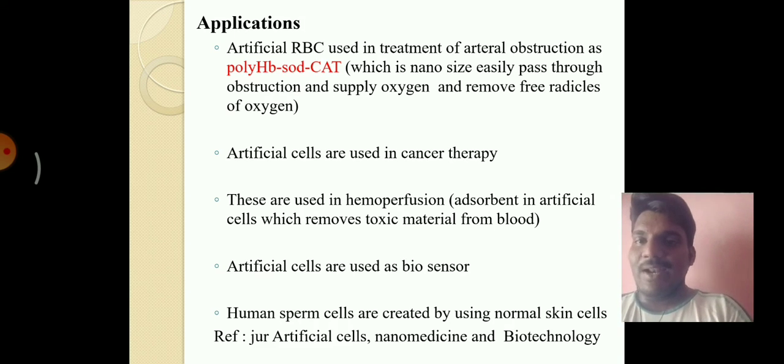Recently, human sperm cells were created by using normal skin cells. Dr. Lim successfully injected